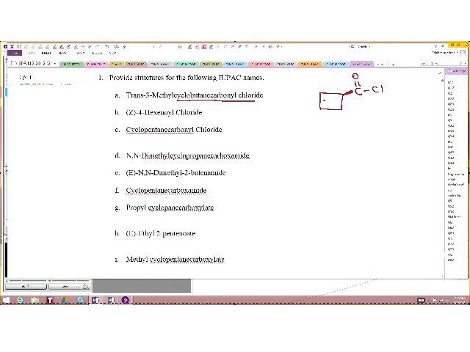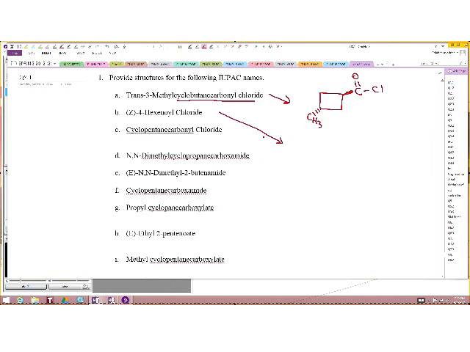This is carbon 1, carbon 2, and carbon 3. So that means there is a methyl in position number 3, trans. Okay, so that is for this one here. About this here,